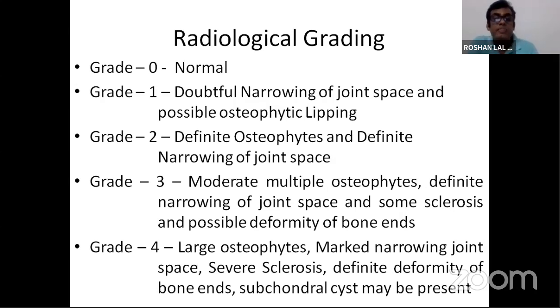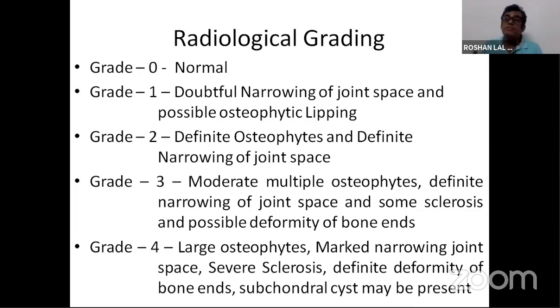And grade 4 is in addition to grade 3, where we can see large osteophytes, marked narrowing of joint space, and severe sclerotic changes. In grade 3, you will see the sclerotic changes, but in grade 4, you will see severe sclerotic changes, and definitely you'll find a deformity. Deformity may be translatory or angulatory, like valgus, varus, or you can see the rotations of the tibia. So on grade 4, you will see the deformity and severe sclerotic changes, and subchondral cyst may be present, because